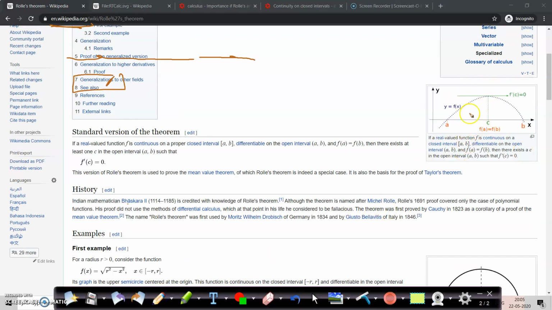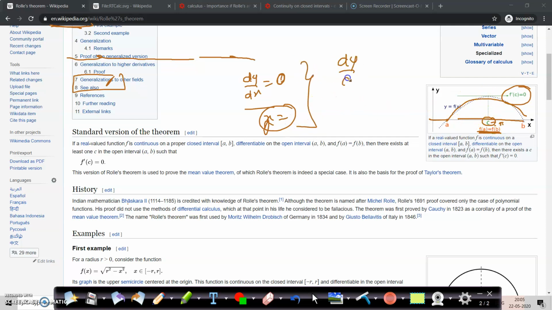Okay, so just go here. On A you are getting some answer, on B you are getting some answer, and then if you draw the curve, there will be at least one point. They are saying that these are equal, so there will be one point. We don't know where it is, so we need to find out. How can we find out? By using this formula, dy by dx. You have to make it 0 and solve it. You will get the value of x. That point is where the derivative is going to be 0. If the derivative is 0, that means what? It is parallel to the x-axis. That is the meaning of it.